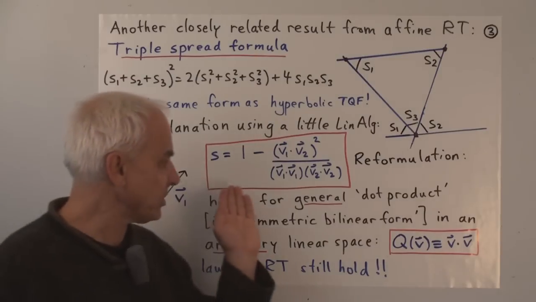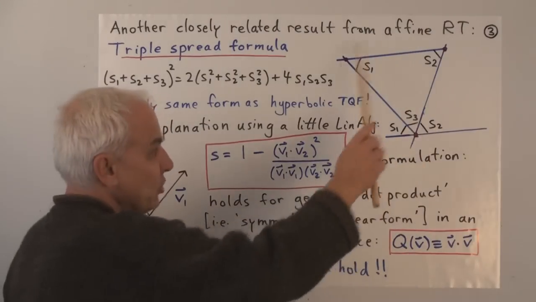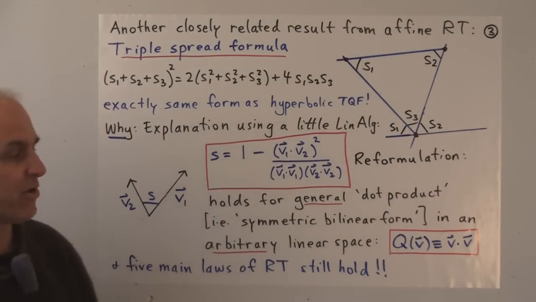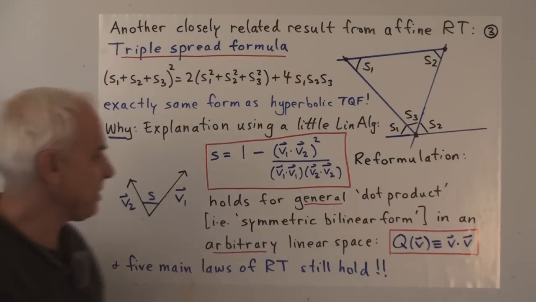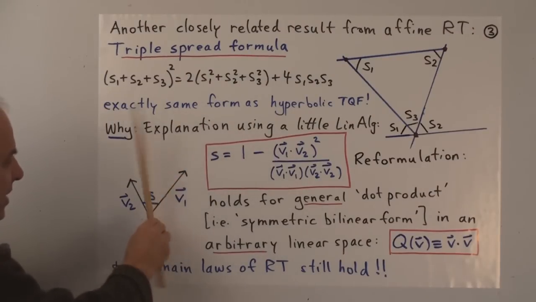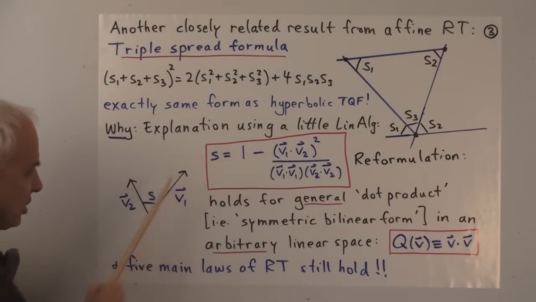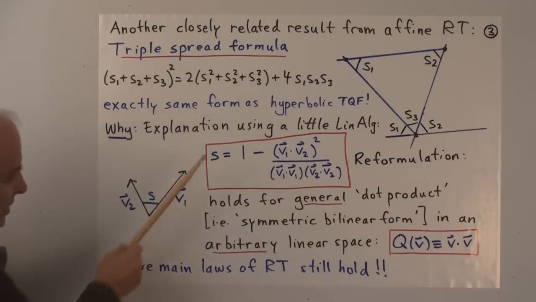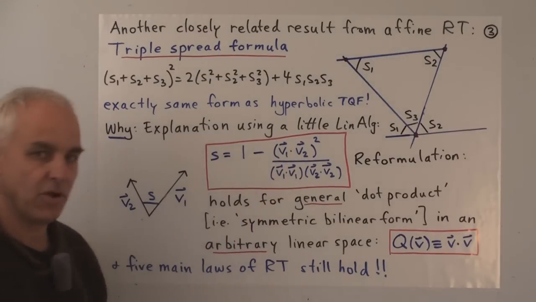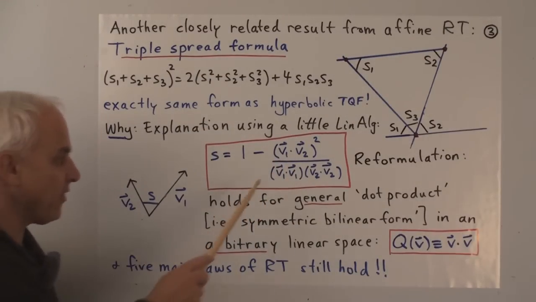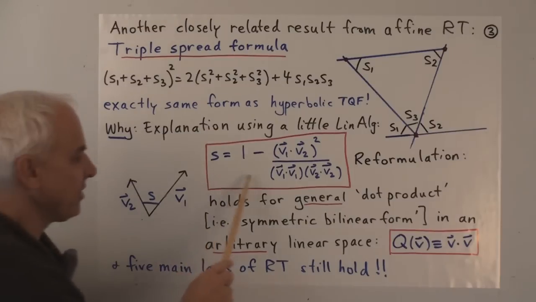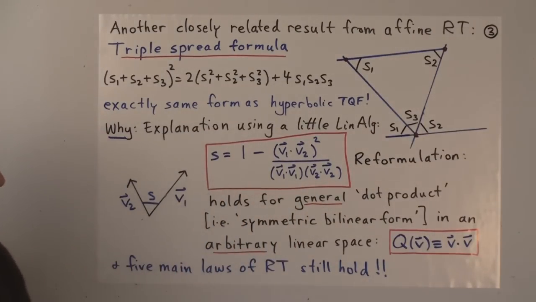The next thing we have to understand is that the spread in the rational trigonometry setting can be written like this in terms of a little bit of linear algebra. So let me explain that. If you have two lines, say this line here and this line here, and suppose this line is determined by a vector v1 and this line is determined by a vector v2, then the spread between these two lines can be expressed in terms of the dot product of the vector v1 with v2 and the dot product of v1 with itself and the dot product of v2 with itself. So this is a rewriting of the spread.